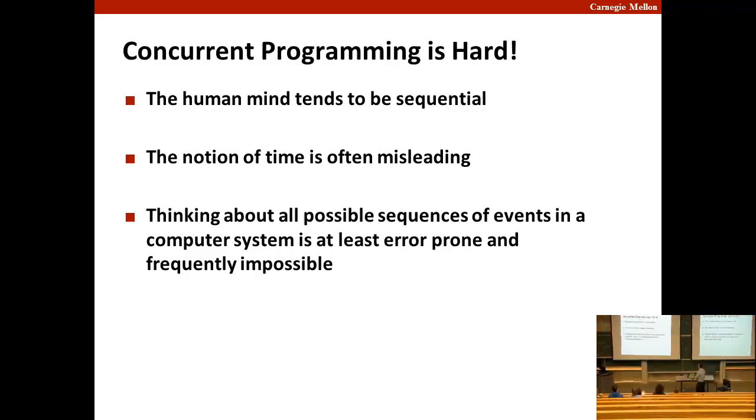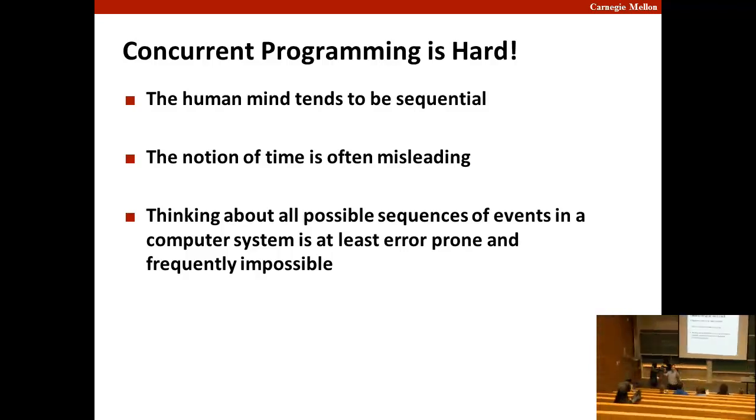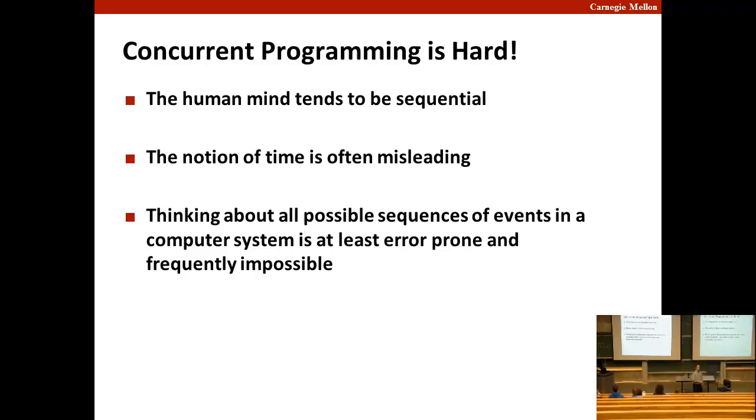Okay. The human mind tends to be sequential. The notion of time is often misleading, right? You can't really talk about first, second, and third if 2 things are happening at the same time. They're both first, right? If you ask how long did something take, and it took 2 people a half an hour to make that cake, does that mean one person will do it in an hour or 45 minutes? Or maybe they were getting in each other's way. It would take one person only 15. I've been in that day,